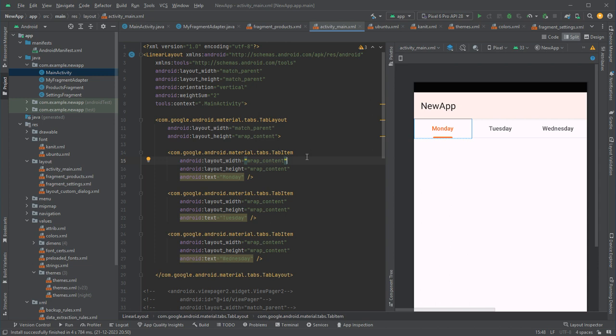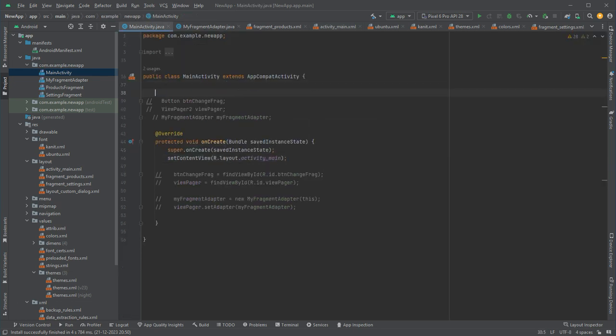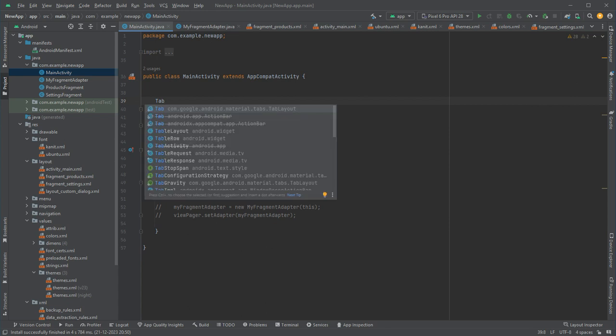Okay, so now I have added the tab layout XML code here. So this is a widget. Now I will assign one ID to the tab layout, and this ID will be tab layout. Just like we have different callbacks for different widgets, we have a callback for tab layout also. So in the main activity I will create one reference of tab layout,